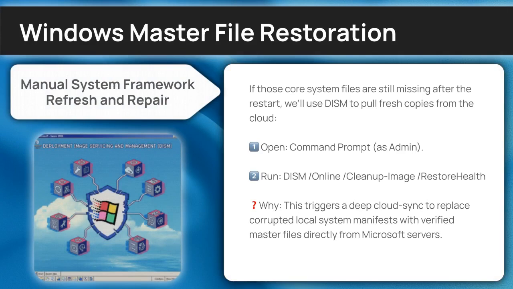If those core system files are still missing after the restart, we'll use DISM to pull fresh copies from the cloud. First, open command prompt as admin. Second, you're going to type DISM /online /cleanup-image /restorehealth, then hit enter. Why are we doing this? Well, this triggers a deep cloud sync to replace corrupted local system manifests with verified master files directly from Microsoft